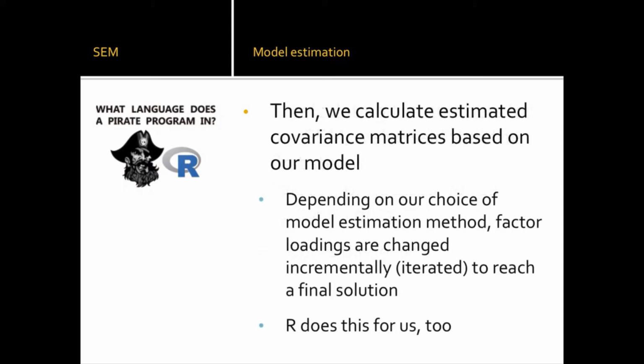And then it says we calculate. The computer will calculate estimated covariance matrices based on our model. This is your model covariance matrix that then ultimately gets compared to your data covariance matrix. And like I mentioned, this